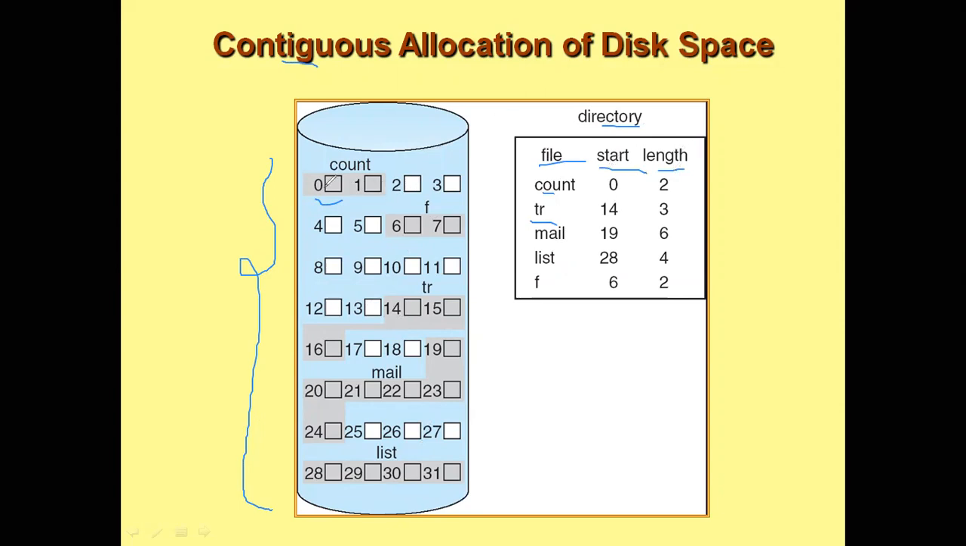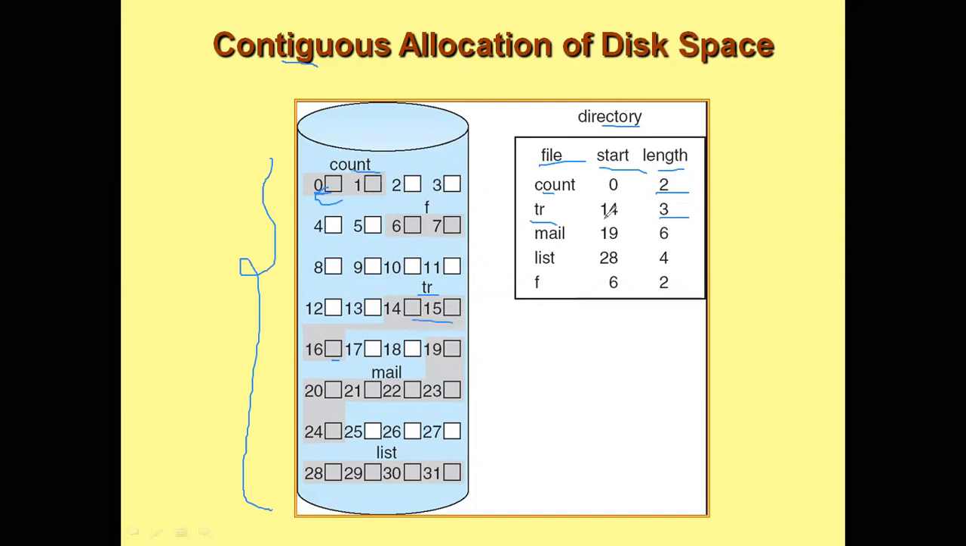For example, let's say there is a file by name count which starts at location 0. Since it is contiguous, or continuous blocks, we mention the starting address and the length. That is, if you start at 0, then definitely 0 and 1, the length will be 2, right? Okay. Similarly, TR begins at location 14, and if the length says 3, then definitely it is 14, 15 and 16,